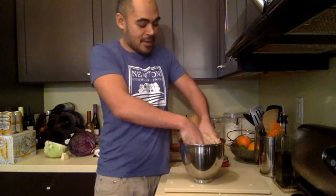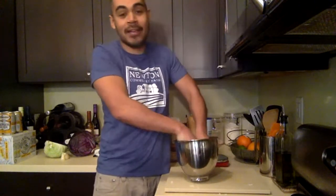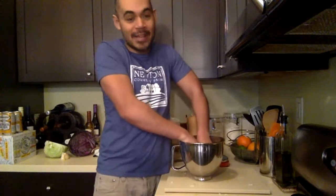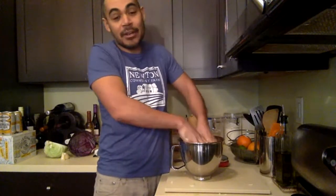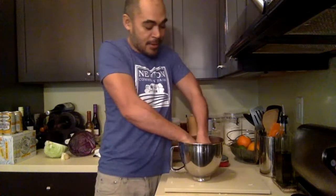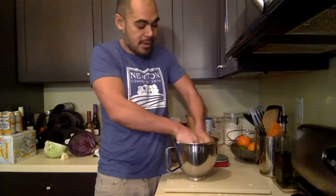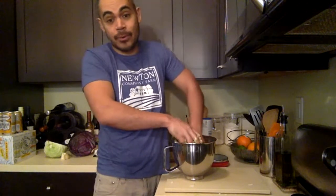Oh, somebody said they had no idea this is how you make sauerkraut. Yeah, this is exactly how you make sauerkraut. So if you've never fermented anything before, as I mentioned, this is like the beginner's guide to sauerkraut, to fermentation. All you need are just 2 ingredients. You need the cabbage, and then you need the salt in order to make